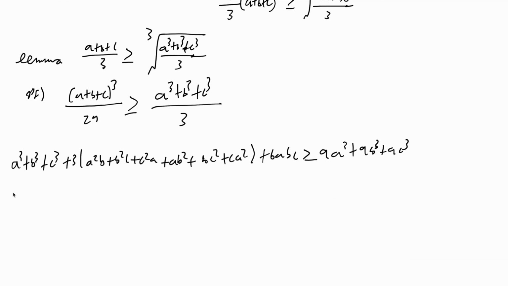Now rearranging our terms, we have 8a cubed plus 8b cubed plus 8c cubed minus 3 times